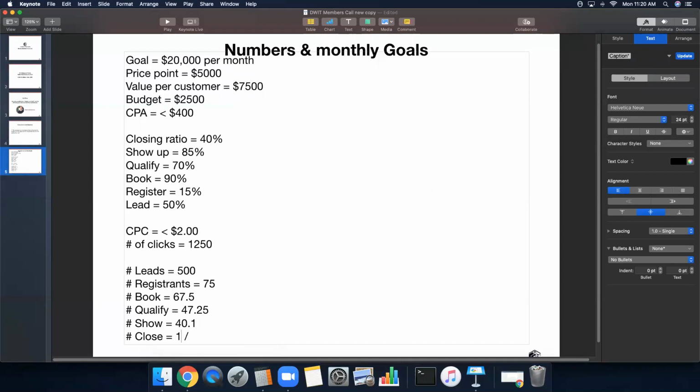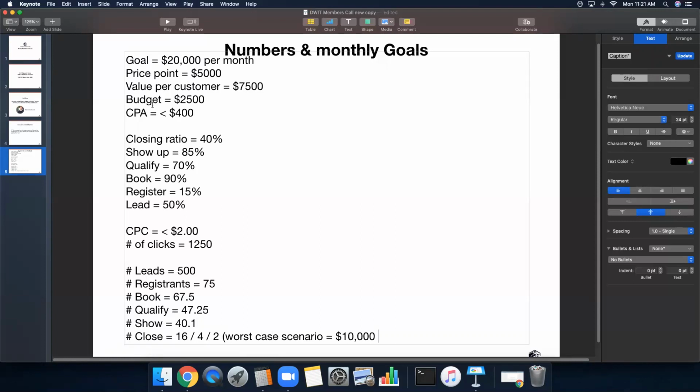So let's take a look. That's 16 there. Now that's at 40%. Now let's imagine that you're only at 10%. You're still at 4, right? And even if you're only at less than that, at 5%, you're still at 2. So at worst case scenario, which, I mean, it should never get down to where you're closing this little, but you figure worst case scenario equals 2 times your 5,000. So you're still at $10,000.